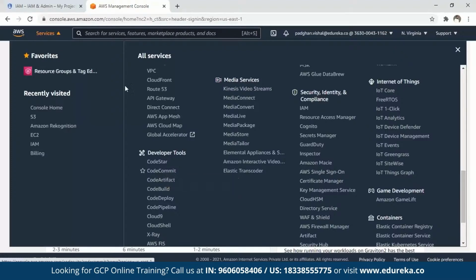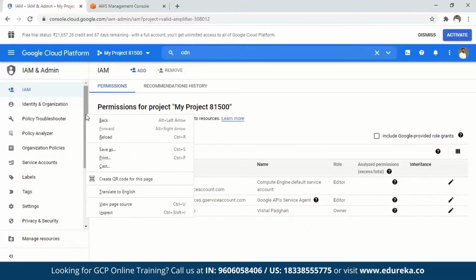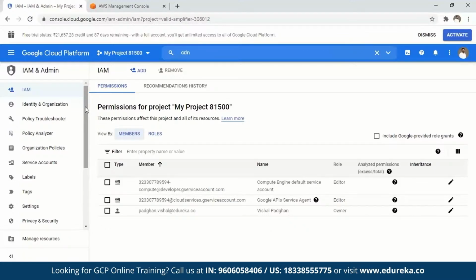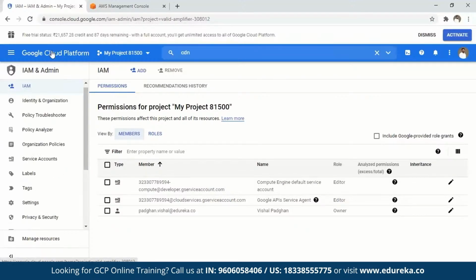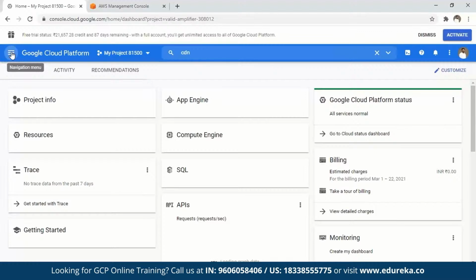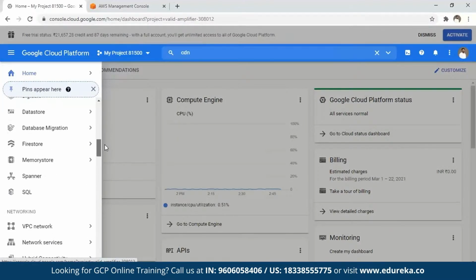Okay, let's now go back to this thing and take a look at other things as well. So I believe the security bit is clear, management bit is clear to some extent as well for you people. Big data services, we've discussed that there are a lot of big data services here as well. If you just go back here and click on services, you'll see all the other services here. Okay, so we talked about Pub/Sub as well, right?